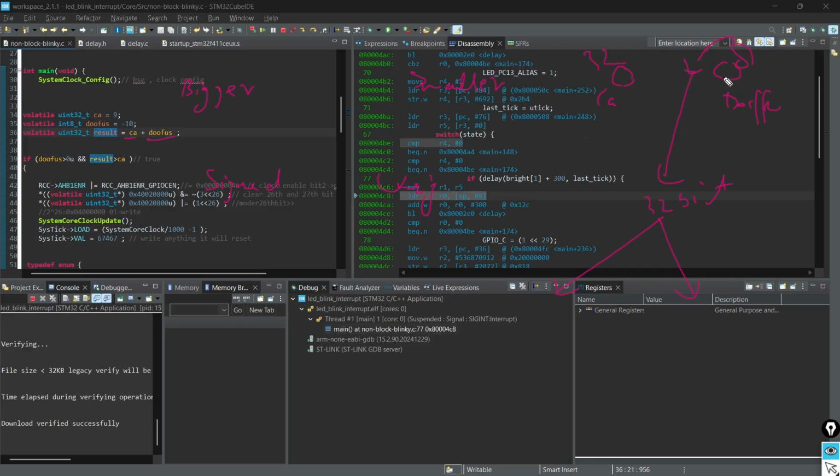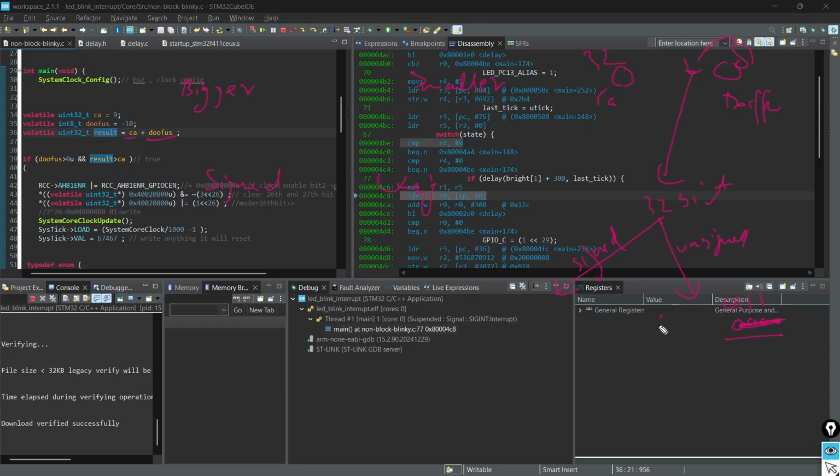Since Doofus was originally a signed number, it will follow signed promotion. In unsigned promotion, say it was 4 bits earlier, but now we promoted it to 8 bits.